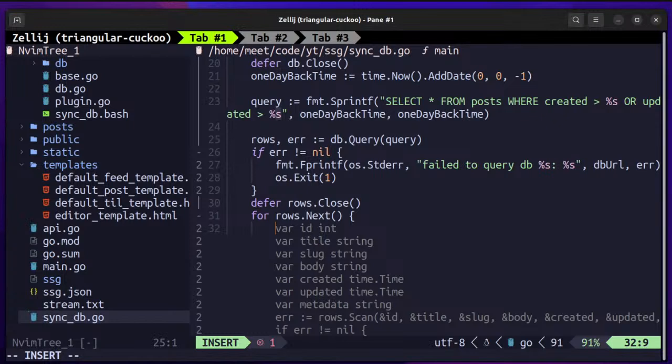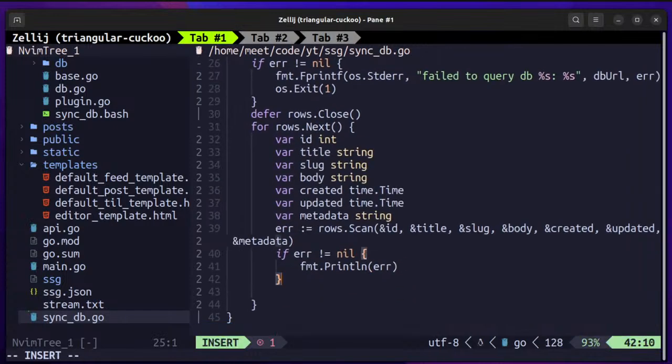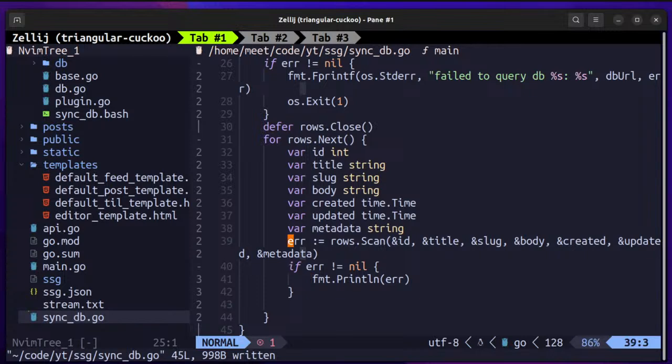So id, title, slug, body, created, updated, metadata string. We don't need id, we don't need, maybe let's keep the id as well, may need it later. So if that happens,